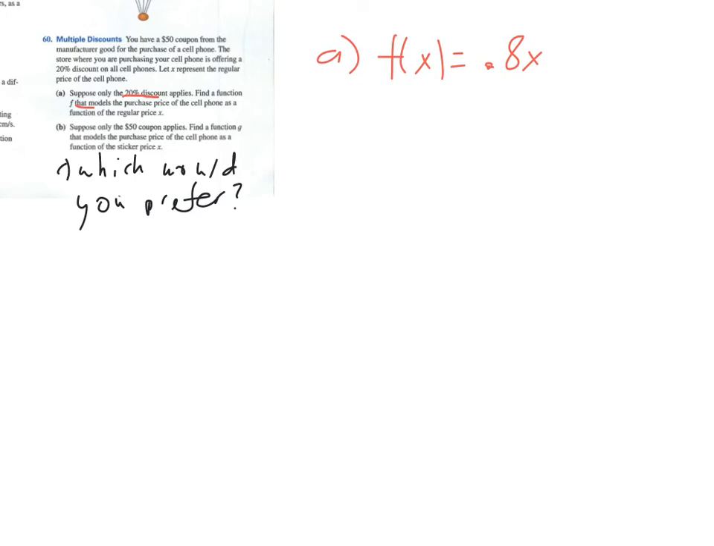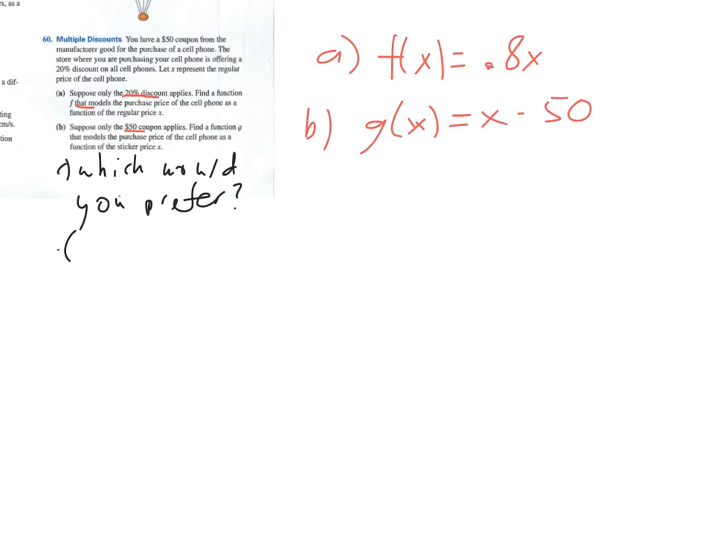So that's just, if I had a 20% off coupon, I would just have to pay 80% of the original price, so 0.8x. Part B then asks, what if you had the $50 coupon? So that would be g of x, and that would be x minus 50. The coupon just takes off $50. And